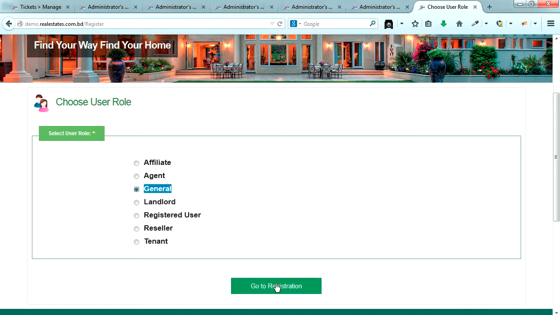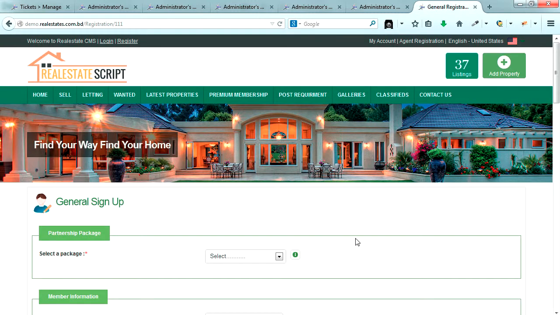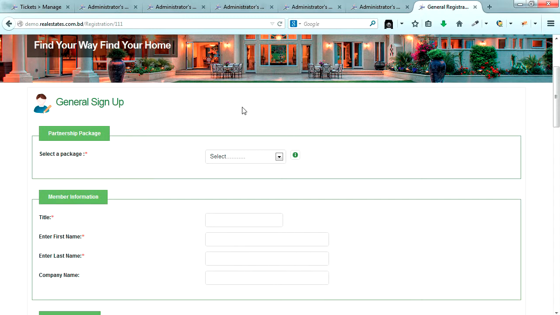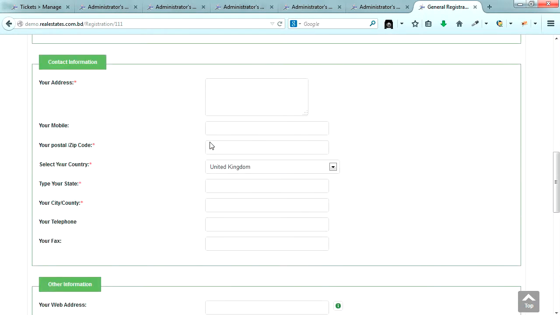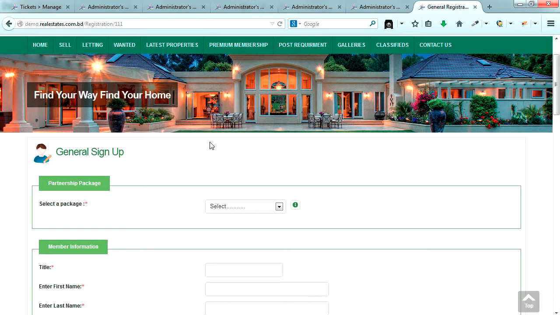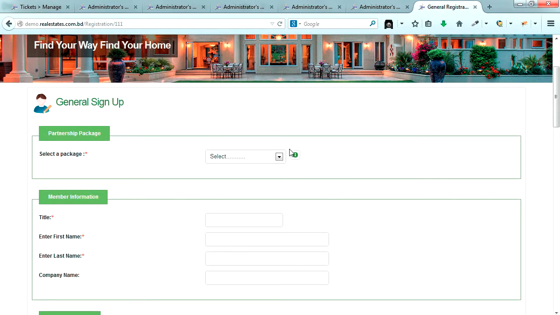And if we select this general and go to registration, this is the form that we have selected for the general user role to be registered with. So remember, we select the form through which the general role will be registered. So we select the partner registration form, and this is the form.